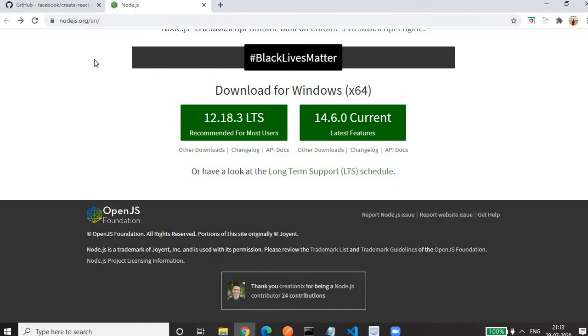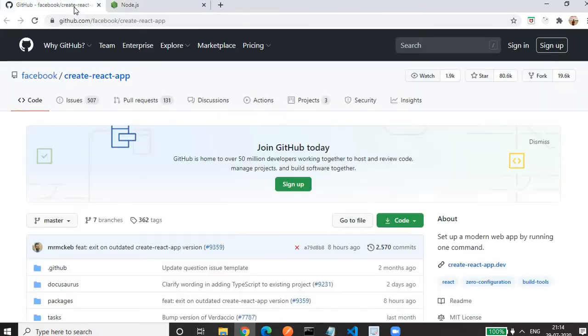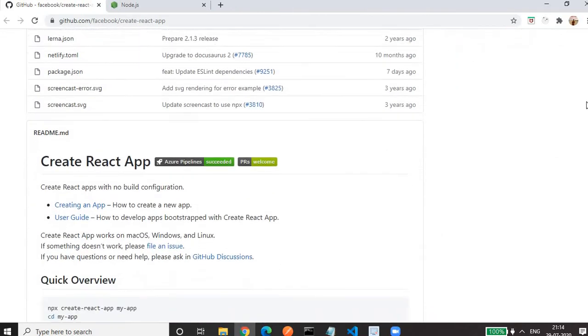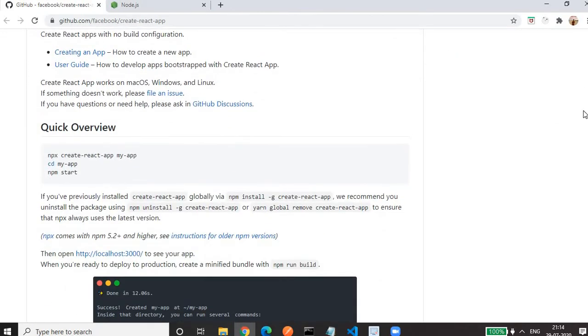That is zero configuration, zero downloading of these dependencies. So we don't have to bother about it. Thanks to Facebook and the React.js community. They have created a tool to create a React app. It manages all these dependencies along with some other packages that are needed for our application.